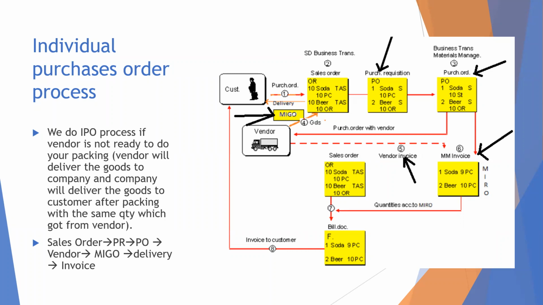Like Farid bhai mentioned, if you see the sales order box there, for them the item category will be TIS. For us, PO, I told you, right? When it comes to special procurement processes, where do you use the item category? For the normal purchase order, you won't use any kind of item category. It will be empty. If it is a third party process, it will be S.